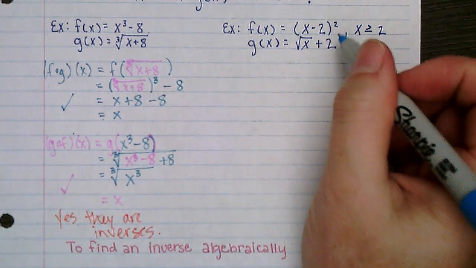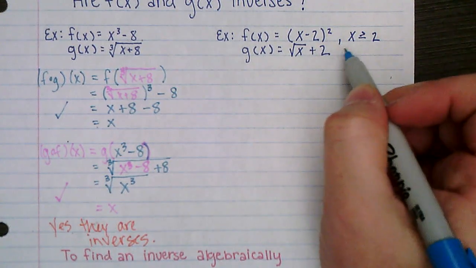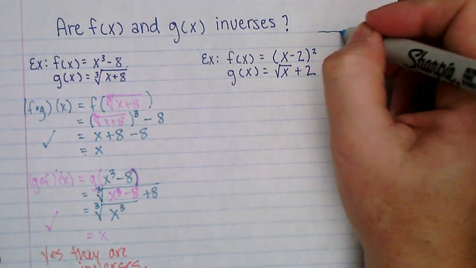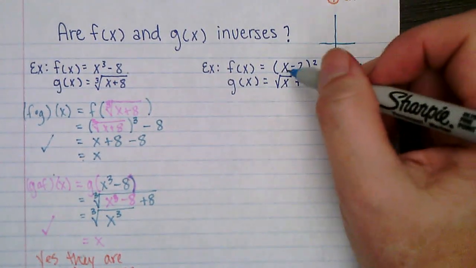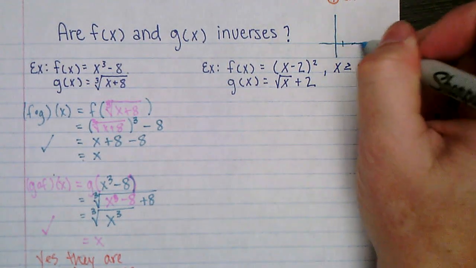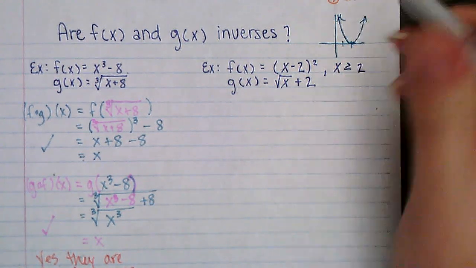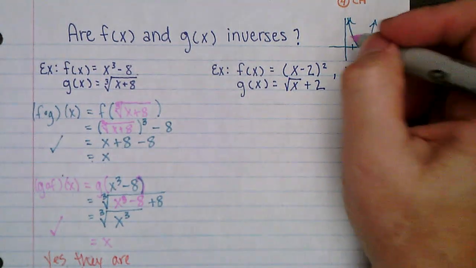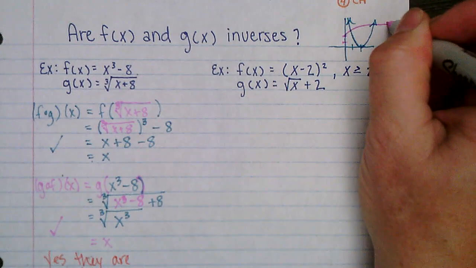Okay, let's do this one right here. Now, why do you suppose it says x minus 2 squared, comma, x is greater than or equal to 2? x minus 2 squared is a parabola that's shifted to the right 2. So x minus 2 squared would look something like this. And then g of x is the square root of x plus 2, which is an eyebrow function shifted up 2. So it would look something like this,